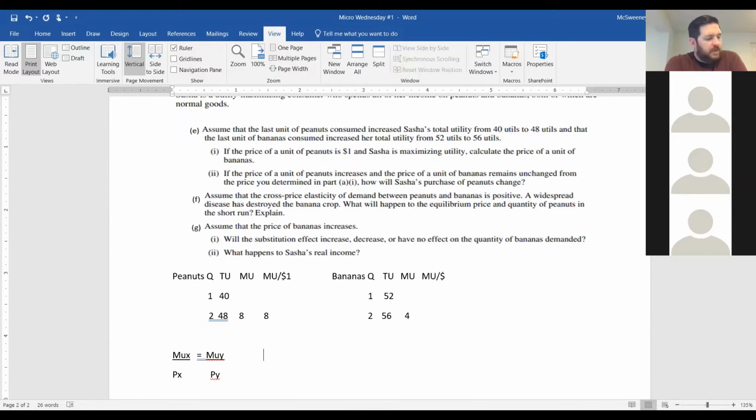numbers. Well, what's the marginal utility of good X? Well, we went from 1 to 2. Okay, so it gives us a marginal utility of 8. All right, so it's going to give us 8. It's going to be 8 over 1, because the price of good X is 1. Okay, is now going to be